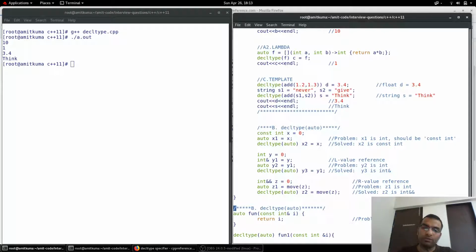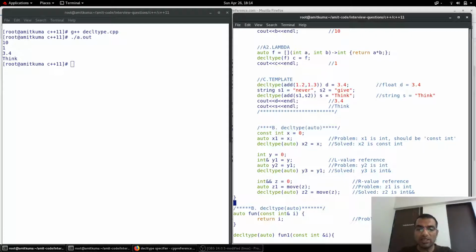The CV qualifier for this variable x is const here. If we use auto x1 = x, the problem is x1 will be of type int, but it should be const because x is const. If we declare decltype(auto), it preserves the CV qualifier of the original variable and it will be const.